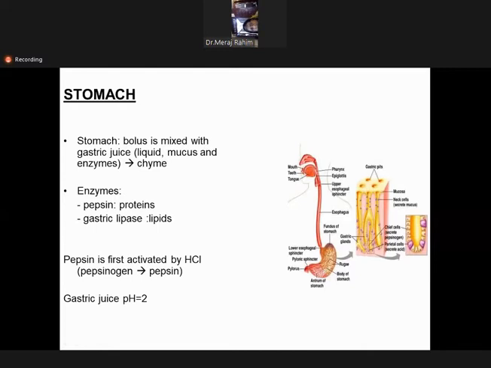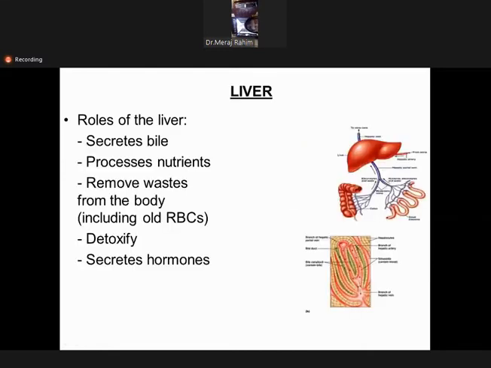Now coming to the liver, as the stomach contents go into the duodenum, the bile duct opens into the duodenum. So the liver has also got important functions. The pancreatic ducts also open into the duodenum. All these open into the duodenum: the pancreatic duct and the bile duct. So what happens? The duodenum receives the bile, which has got bile salts, which break down the fat into more simplified structures.